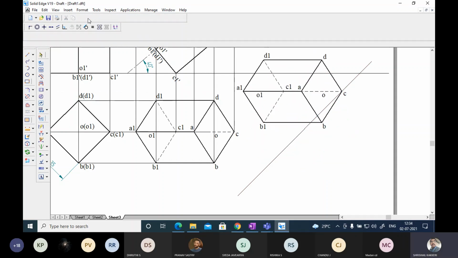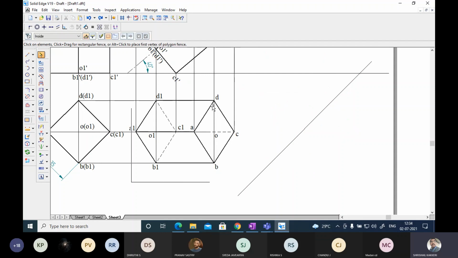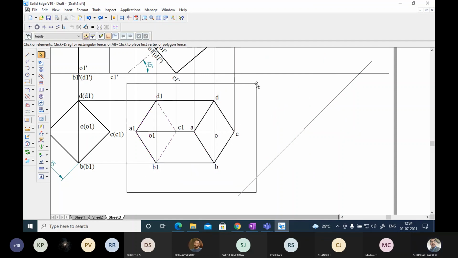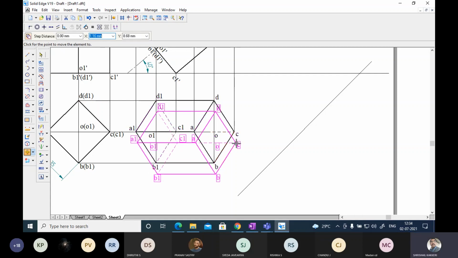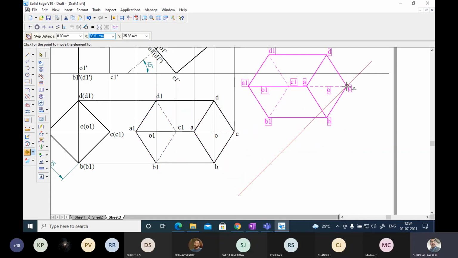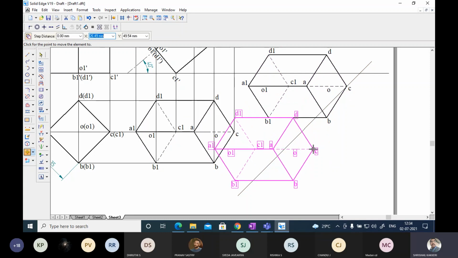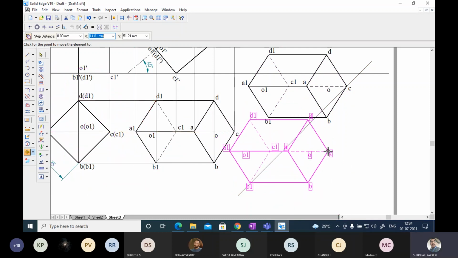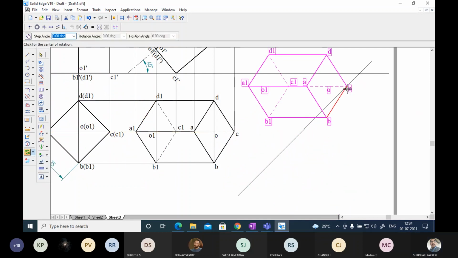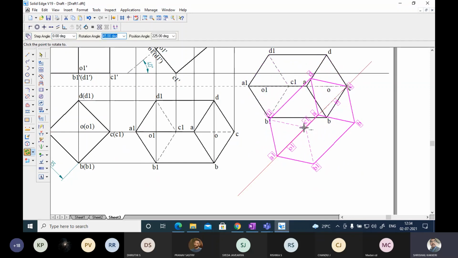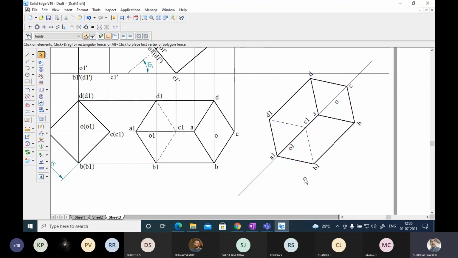Okay. Once again, I'll do this problem and show you. Select all these. Go to move. Take this point of motion or movement and locate on the axis. Or one can take this also, no problem. And enter. Go to rotation. Take this point of rotation. Any point on this has to be on this. Okay, but be careful while you are drawing, nothing should cross this XY line.